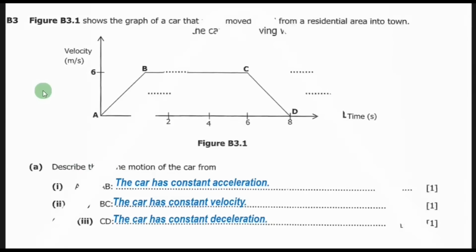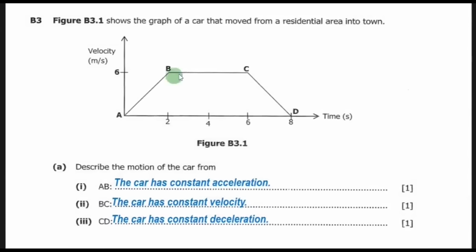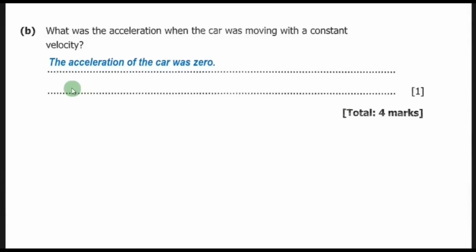So let's go to the other part, B, what was the acceleration when the car was moving with constant velocity? So when the car is moving with constant velocity here, what is the acceleration? Here the acceleration is always 0. So here we are going to say the acceleration of the car was 0. So let's move to